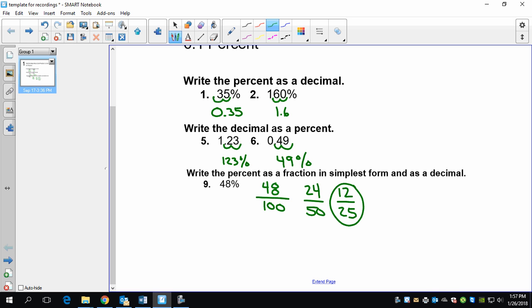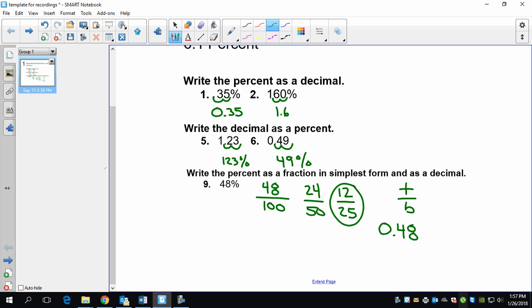Now it says write it in simplest form, which we've done there, and then we have to write it as a decimal. Well, to find out how to write it as a decimal, we're simply going to do that one trick we've been doing a lot, and that's top divided by bottom. So in your calculator, you punch in 12 divided by 25, and you would get